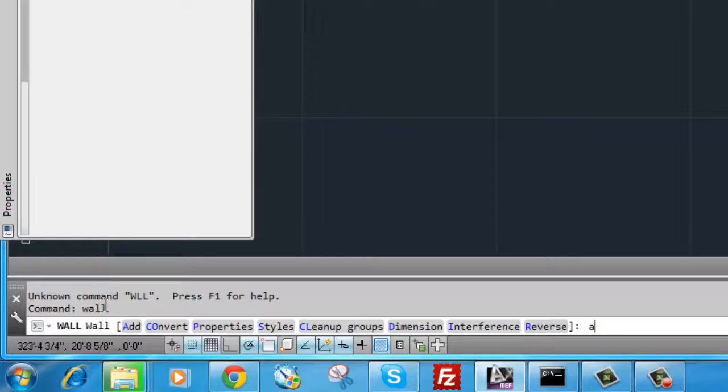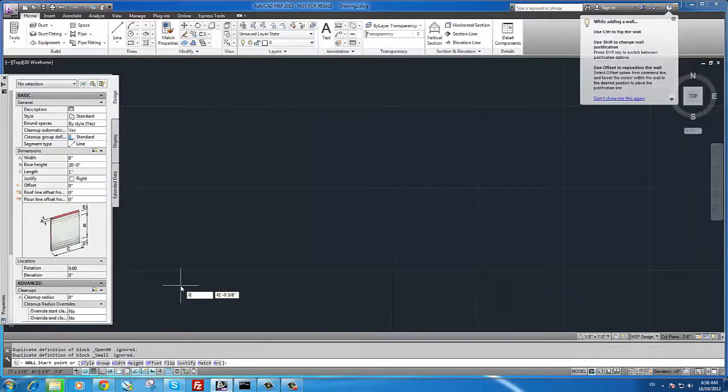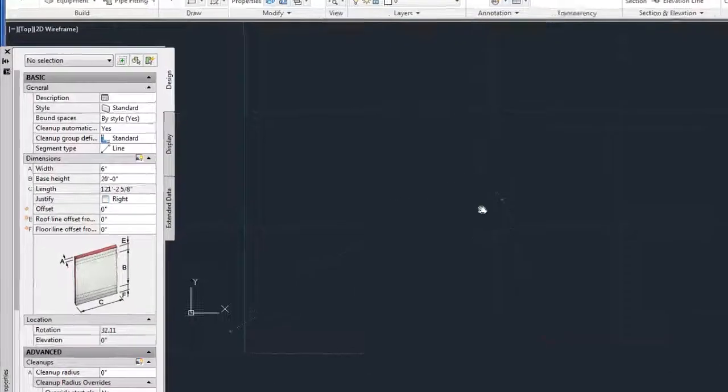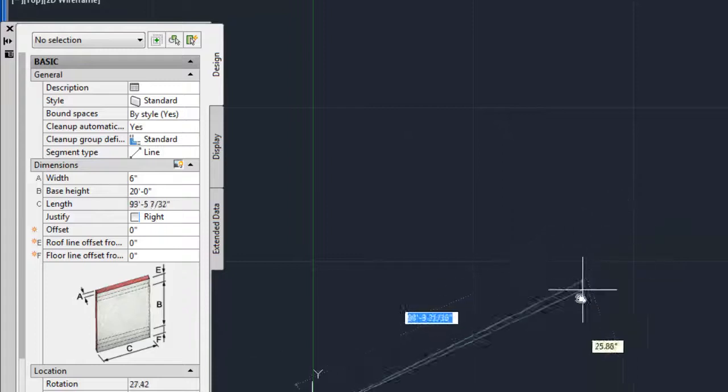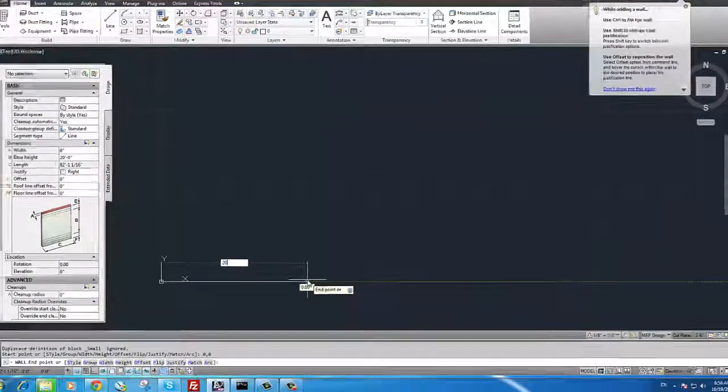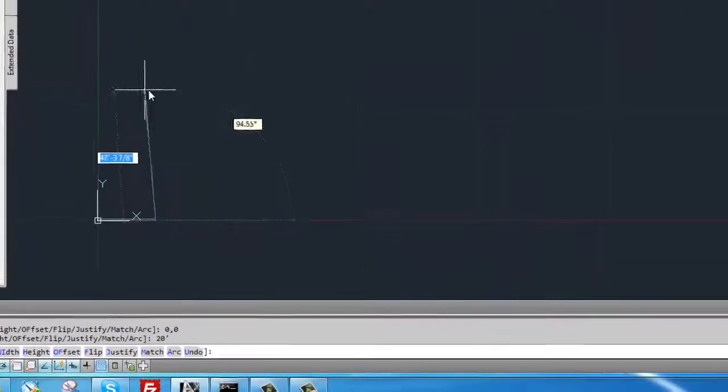and then type A for add, and I want you to start it at 0,0. Make sure that the width is 6 inches, the base height is 20 feet, and the justification is to the right of the wall. Then let's pan around and point to the left and type 20 feet,